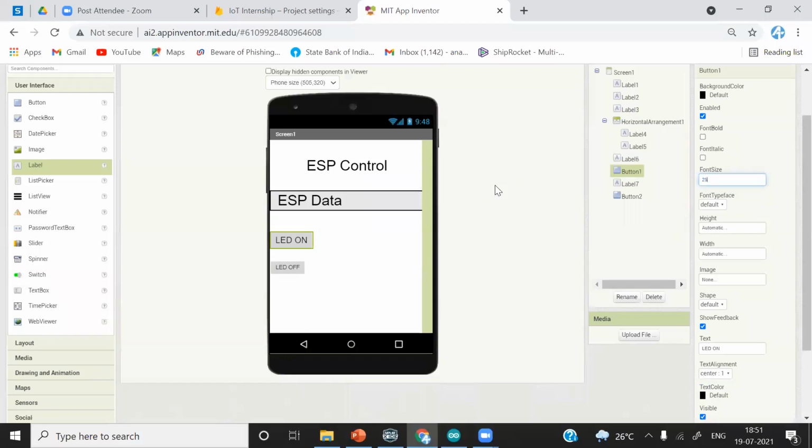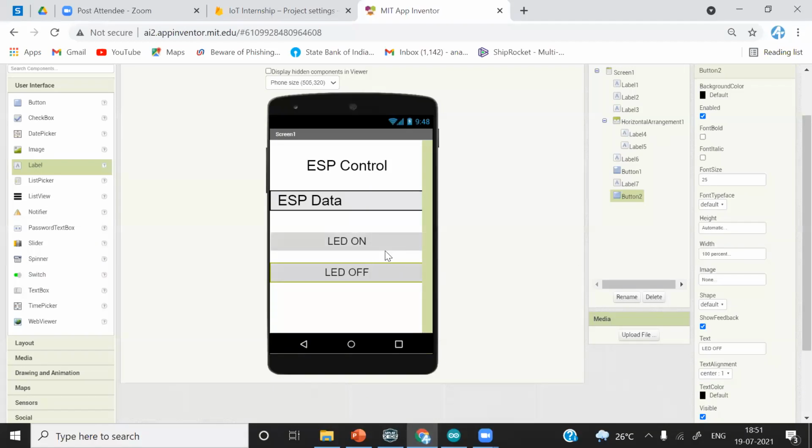I'll just make it 25. And for this one also, font size 25. Increase the width to 100%. It is in center now. And I'll make the width for this one also 100%.